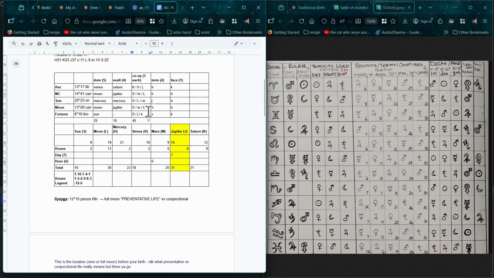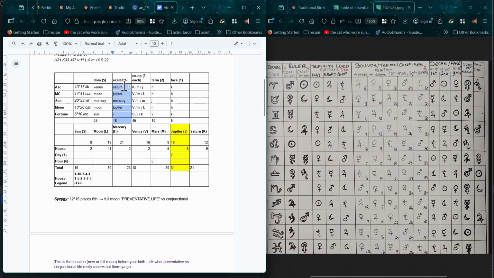So we have to have 45 points for our cooperative rulers, and then 2, 4, 6, 8, 10 points from our term rulers, and 1, 2, 3, 4, 5 points from our face rulers. This number is going to change because not every sign has exaltation rulers, and so depending where planets fall in these places, these points fall,